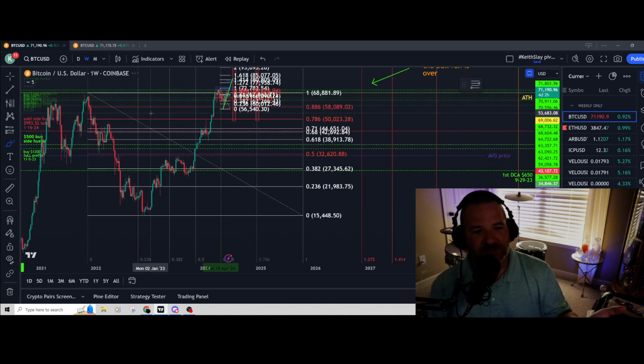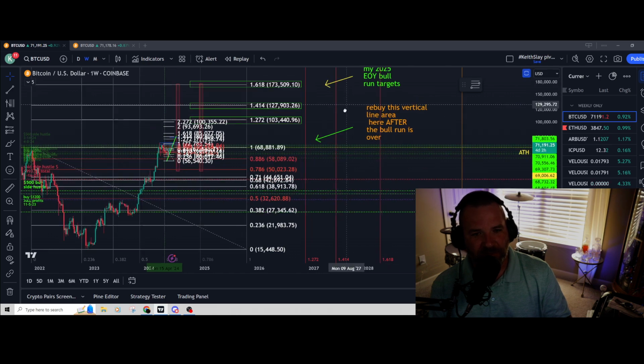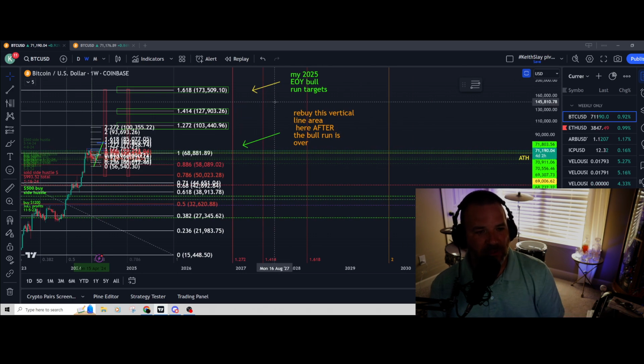So again, Bitcoin's a little easier. I've got fib time zones pulled up on my own Bitcoin chart right here. All the green lines are my buys. All the red lines are my sales. You guys know what I'm doing. Same thing comes up on my main Bitcoin chart here. It looks like tough